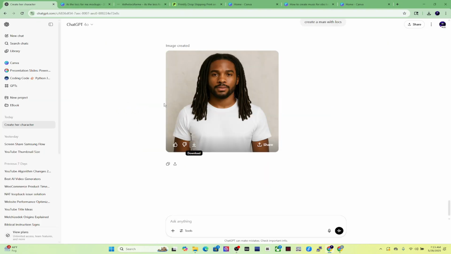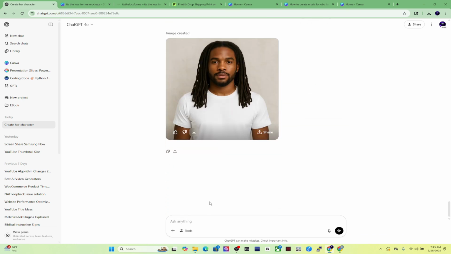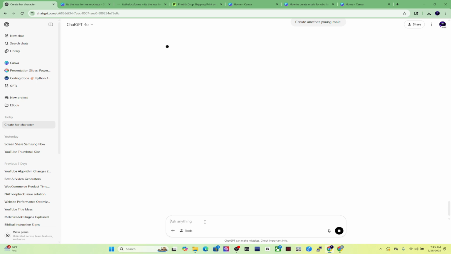So here, I just give ChatGPT a prompt and tell ChatGPT to create a model for a mockup in a white t-shirt. So let's say I wanted to, I said create another, since I already told it what to do, create another young male. Now, why that's doing this thing or whatnot,